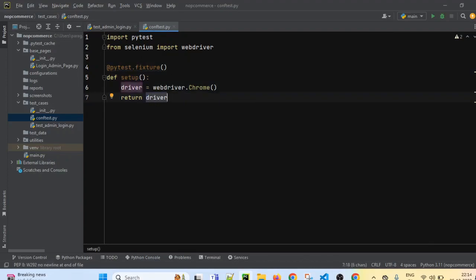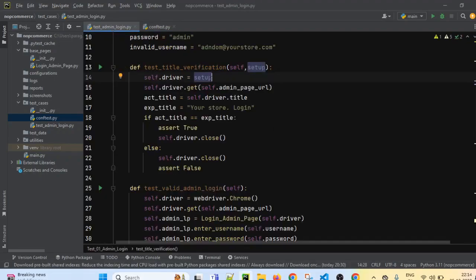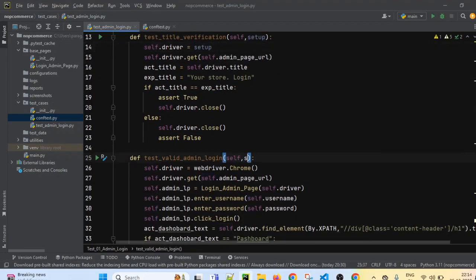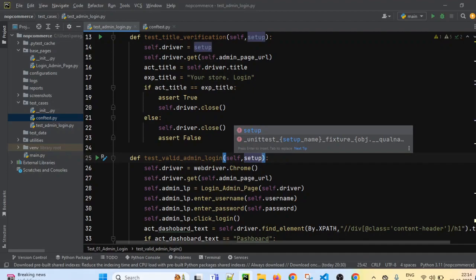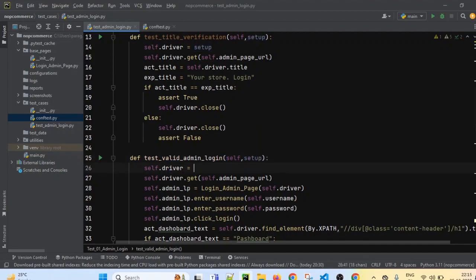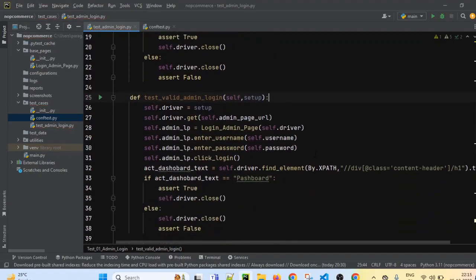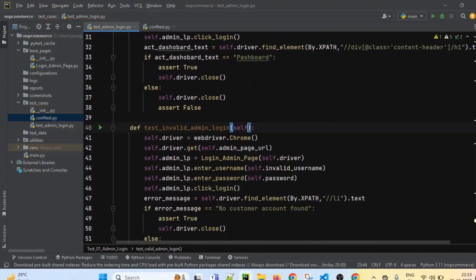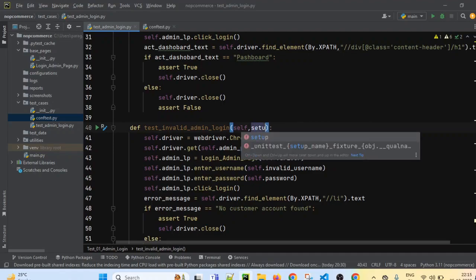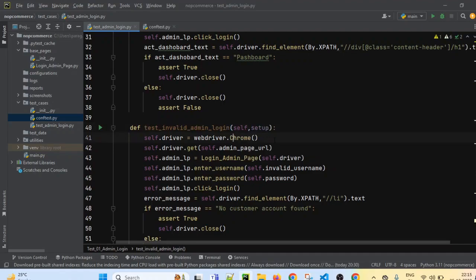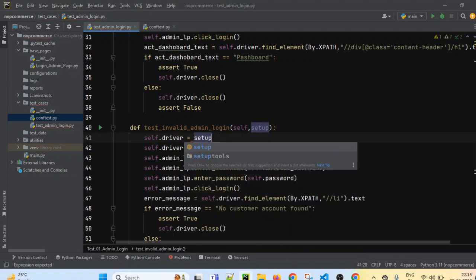So we are getting the driver from our pytest fixture. Here also we have to do just self.driver equals setup. Same thing we can do here: self, setup, self.driver equals setup. Same thing here.